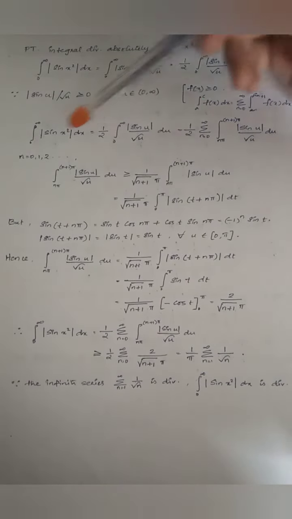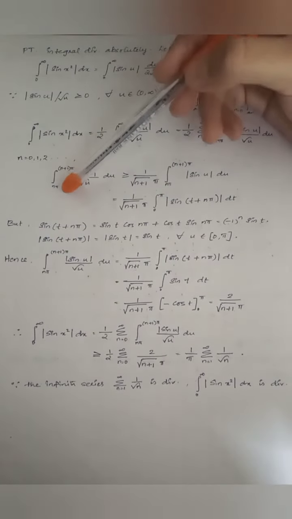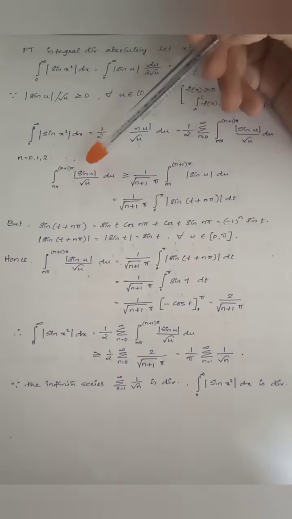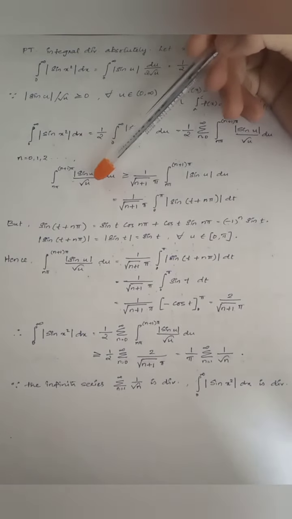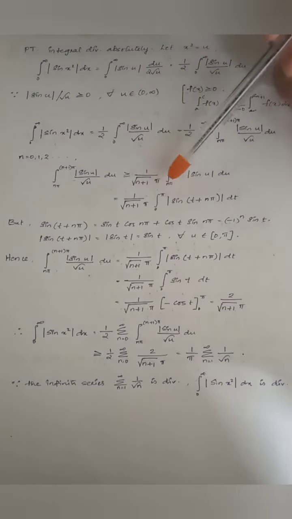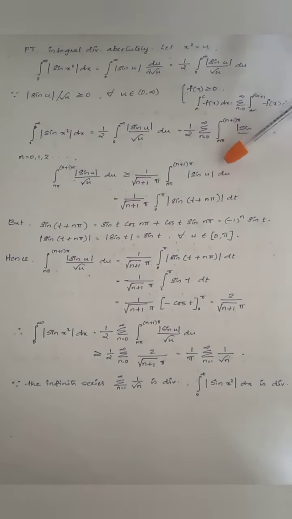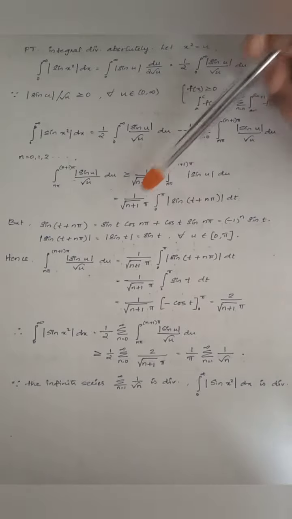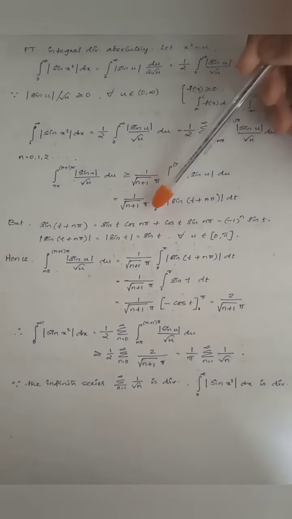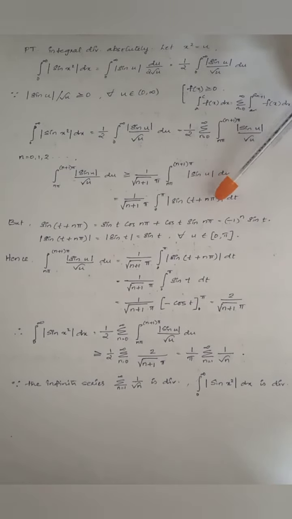Now for all n = 0, 1, 2, and so on, we have the integral from nπ to (n+1)π of |sin u|/√u du greater than or equal to 1/(√(n+1)π) times the integral from nπ to (n+1)π of |sin u| du, which is equal to 1/(√(n+1)π) times the integral from 0 to π of |sin(t + nπ)| dt. But